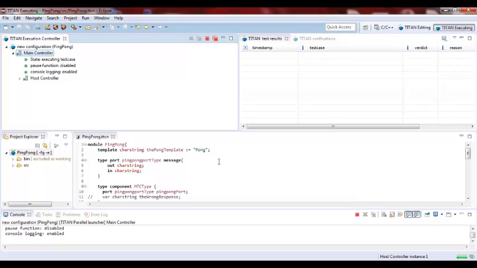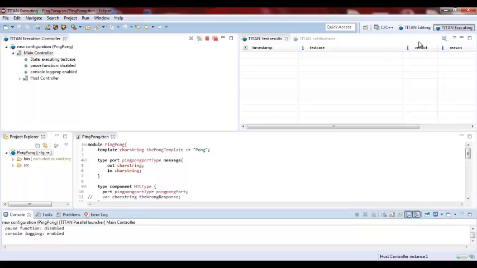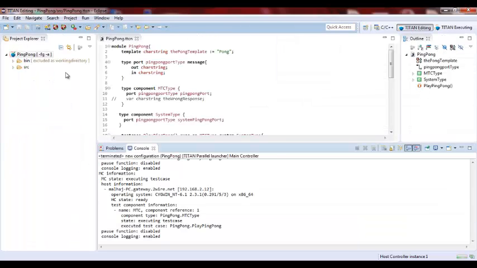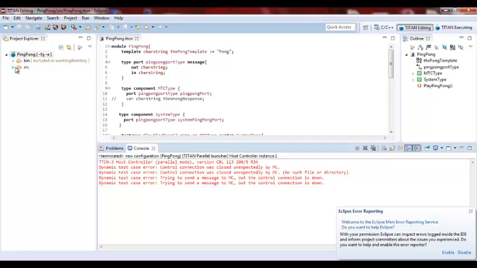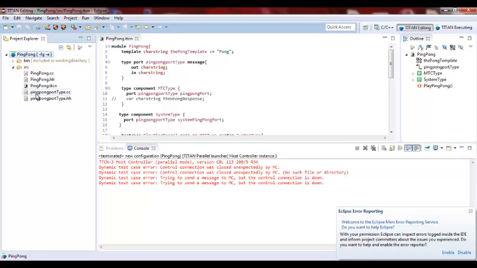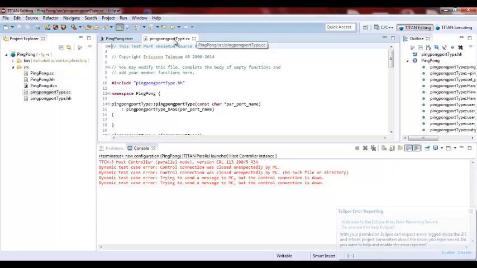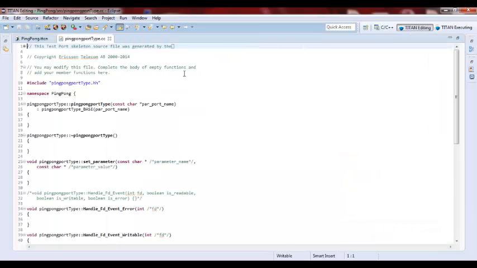The problem here is that the skeleton is not responding because there isn't actually anything being defined or written within the skeleton. So we need to close this and get back to the Titan editing, and let me go to the source and see the ping pong port type.cc. We just make it bigger. Great. So this is a skeleton, and basically every time you try to generate it, you get the same